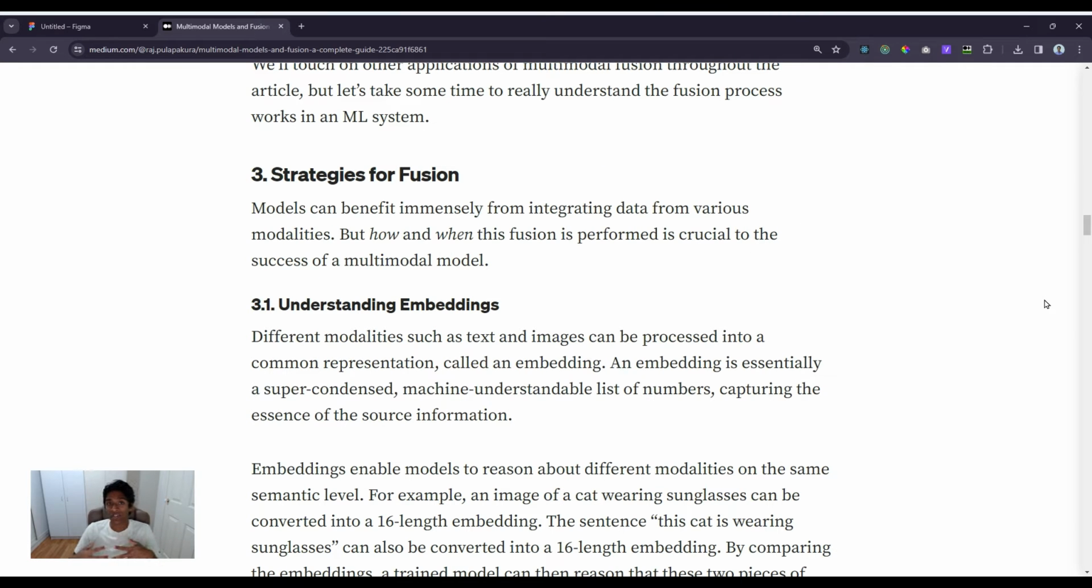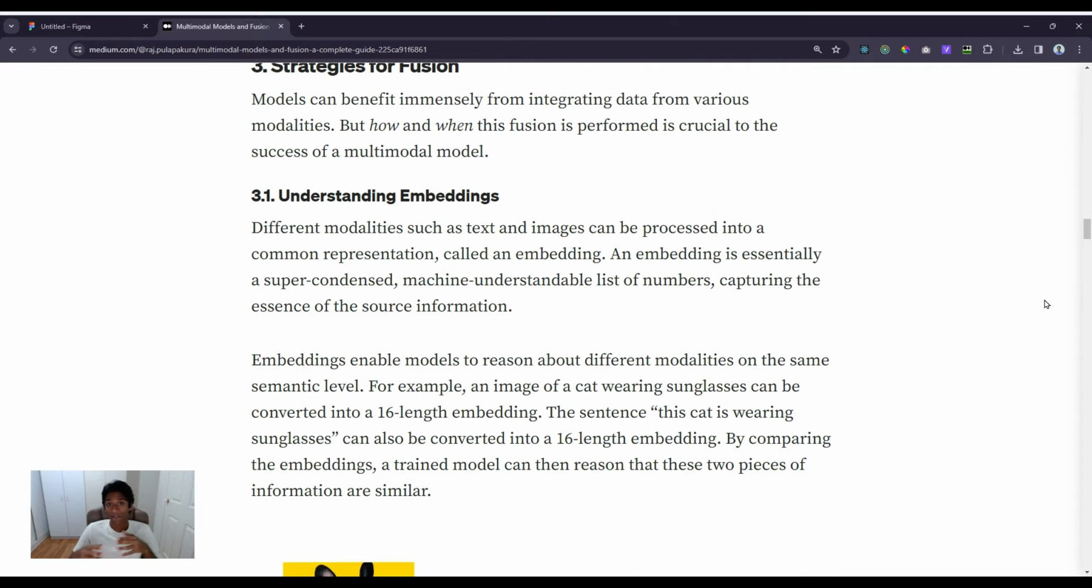Let's go over some strategies for multimodal fusion. Models can benefit immensely from integrating data from various modalities, but how and when the fusion is performed is crucial to the success of a multimodal model. The first step in understanding multimodal fusion is to understand embeddings. Different modalities, such as text and images, can be processed into a common representation, called an embedding. Essentially, an embedding is a super condensed, machine understandable list of numbers, which captures the essence of the source information. Embeddings enable models to reason about different modalities on the